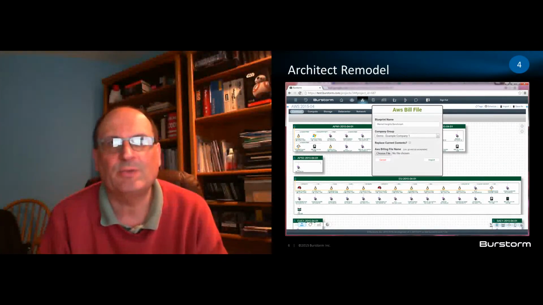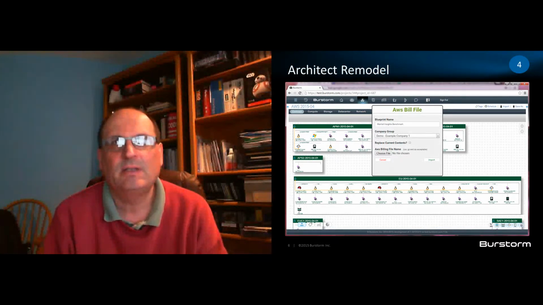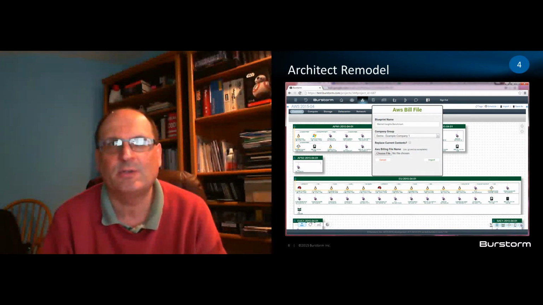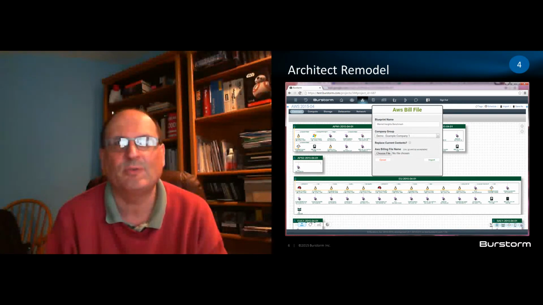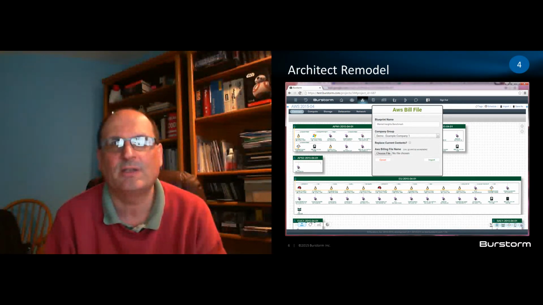Shifting gears back to the architecture environment. What you're looking at here is the ability for the Burstorm application to import build files. This particular example takes in an AWS build file. What is nice about it is that it automatically reads by location what is where, so you can see how things are distributed, and you can look at it from a map view and all kinds of other cool ways. It also captures